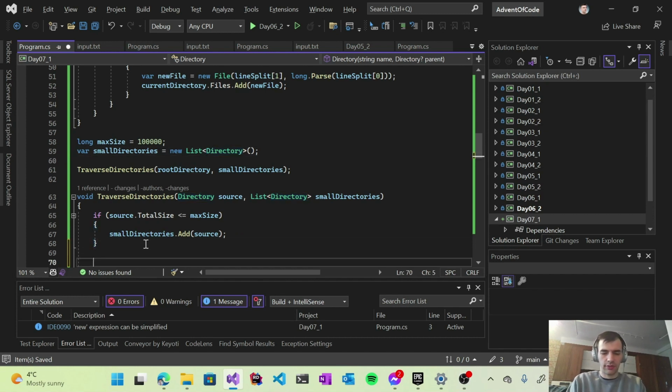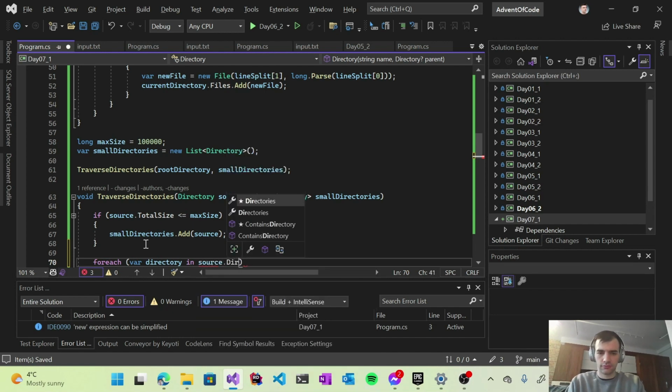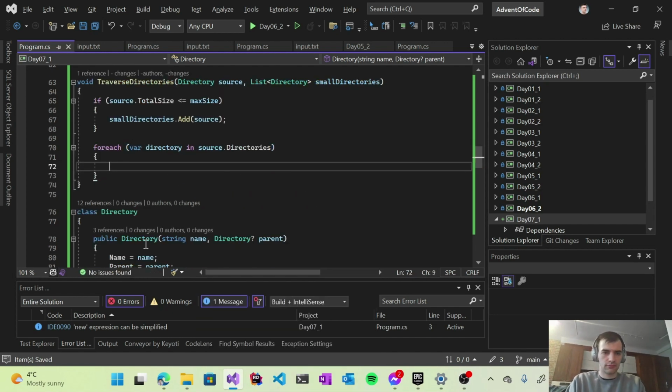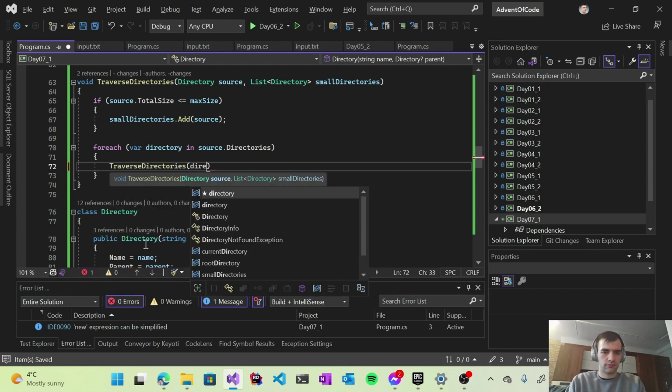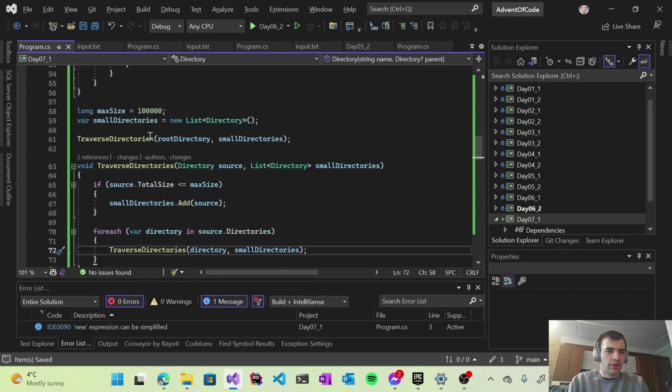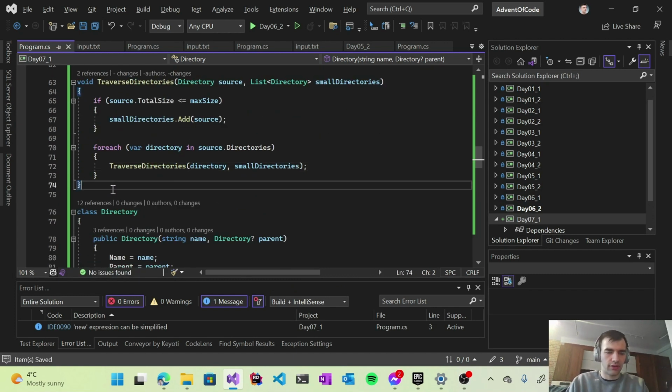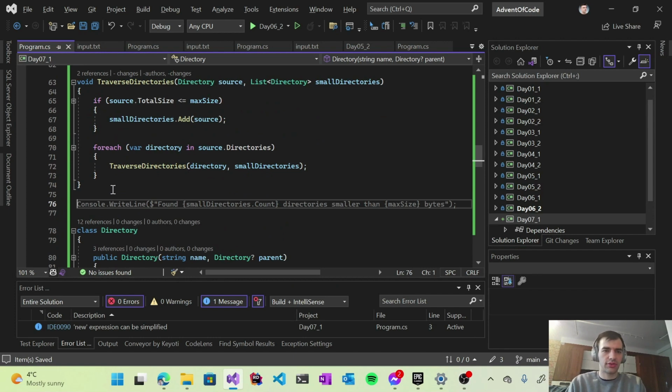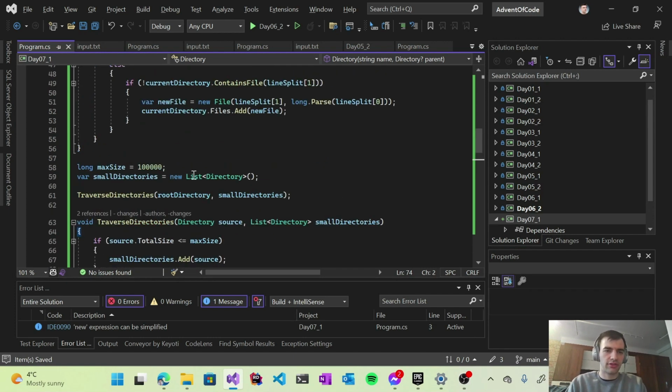And then we will take the subdirectories as well. So like this. So when we are done with all this, the list small directories contains all the directories with lower